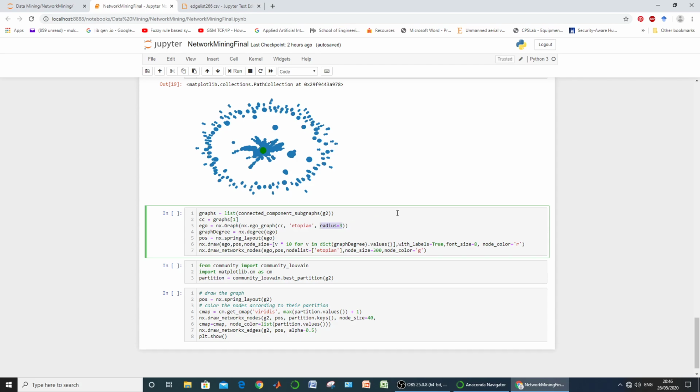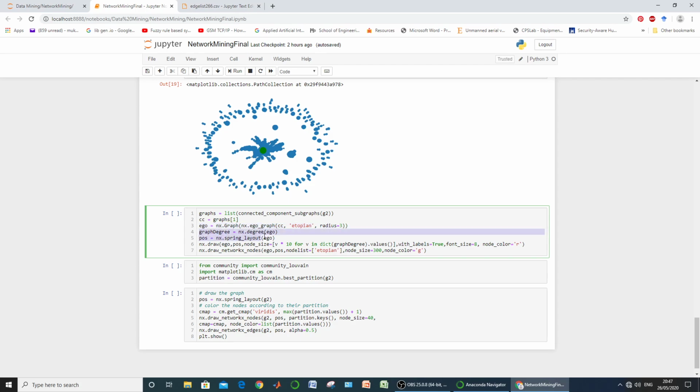It means the graph should contain all the nodes connected by a path length of at most 3. Only those nodes are considered as its neighborhood. So it is going to show a graph containing vertex Etopian and all those connected to it by a path of length 3.